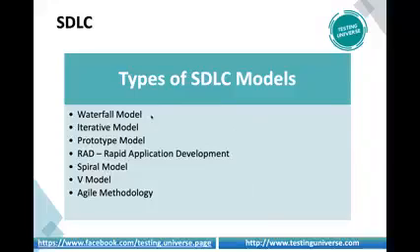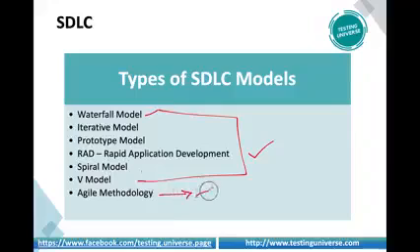The first one is waterfall model, iterative model, prototype model, rapid application development, spiral model, V model, and agile methodology. These are all very important models which we have used, and this is a traditional model. But agile methodology is the model which is used currently in the market. So we will see all the important SDLC models in our upcoming